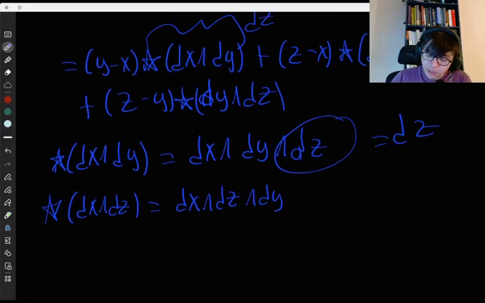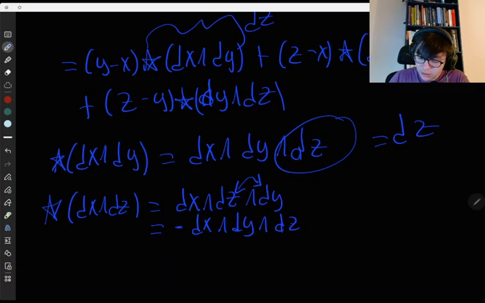Well, I'm probably going to move this guy and this guy around, right? If I do that, I get a negative out at the front, dx wedge dy wedge dz. So what is my answer? My answer is the negative of dy, because dy was the component left over. So it's going to be negative dy,